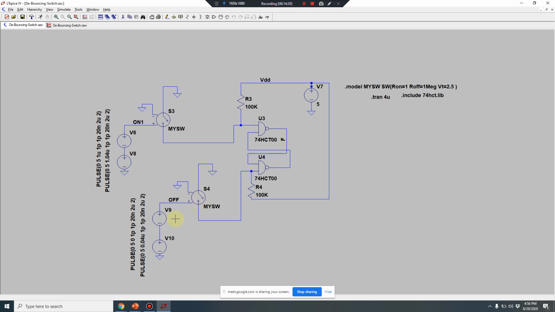Now that mechanical force which you are going to apply, I cannot simulate in LTspice. So I have modeled it as a source. I have put two sources here in series. Just forget about it, they are one source. That is just to close this and open this switch. Similarly, there is one more switch to close this switch and open this switch. So there are two switches. One is the off switch, one is the on switch. Is this much clear?